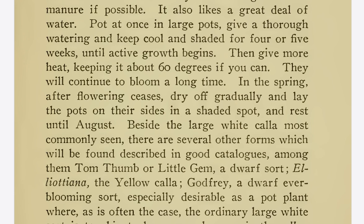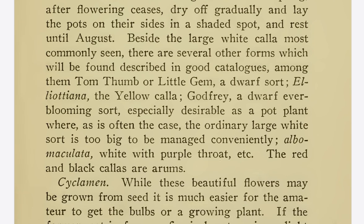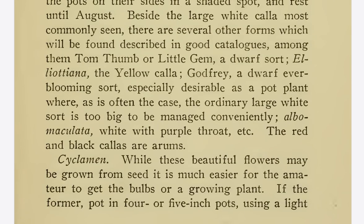In the spring, after flowering ceases, dry off gradually and lay the pots on their sides in a shaded spot and rest until August. Beside the large white calla most commonly seen, there are several other forms which will be found described in good catalogs. Among them, Tom Thumb or Little Gem, a dwarf sort,